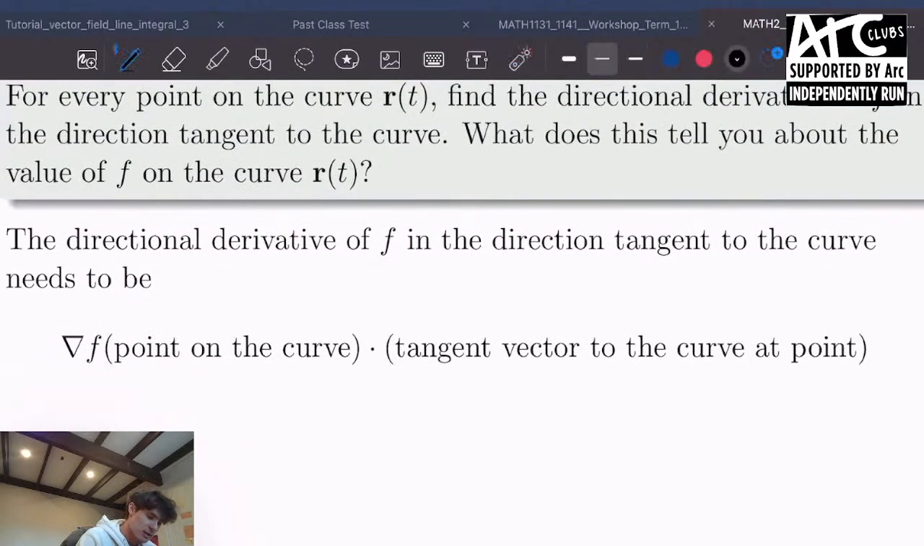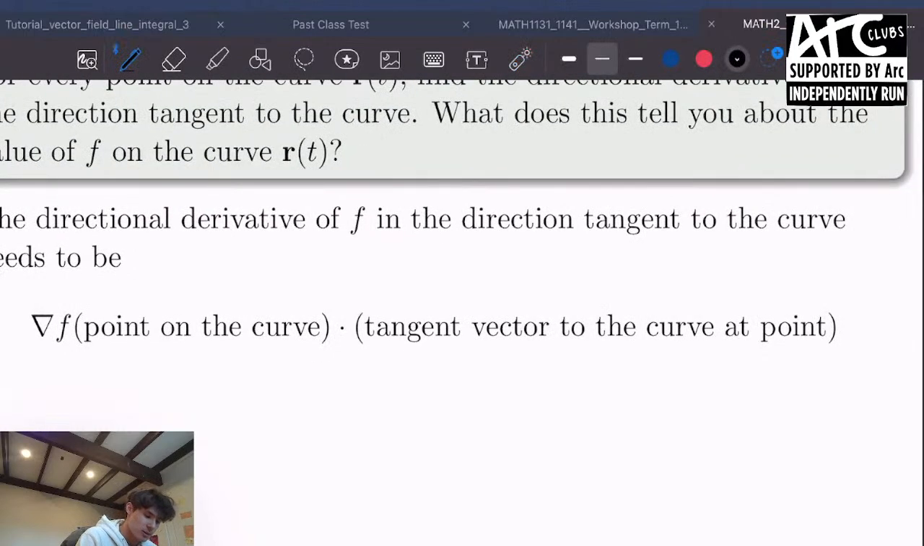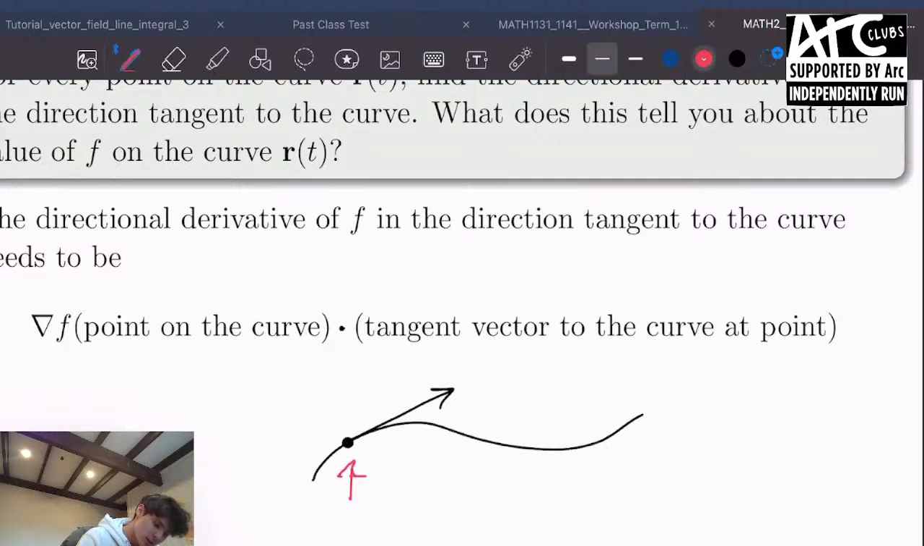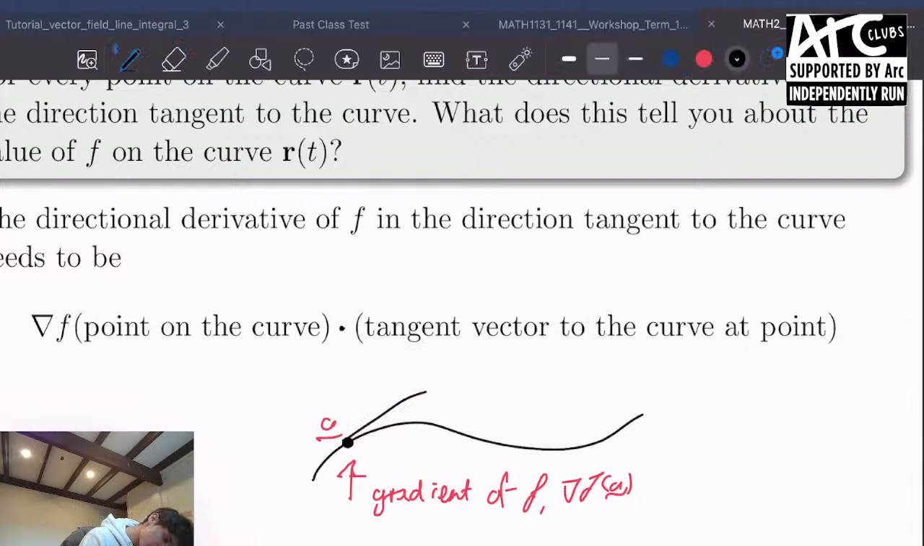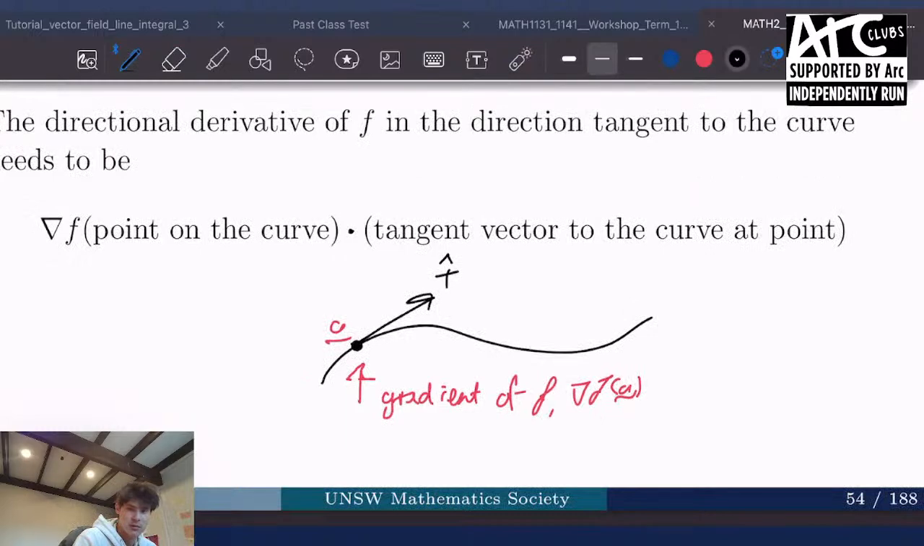So that means we want to find the gradient of f evaluated at some point, dot product with the tangent vector to the curve at that point. For example, if we have the curve here, and we're looking at this point, we find the gradient at this point. So the gradient of f, that's nabla f of a, and then this is our tangent vector. And what we want to do is find that dot product so we can find the directional derivative